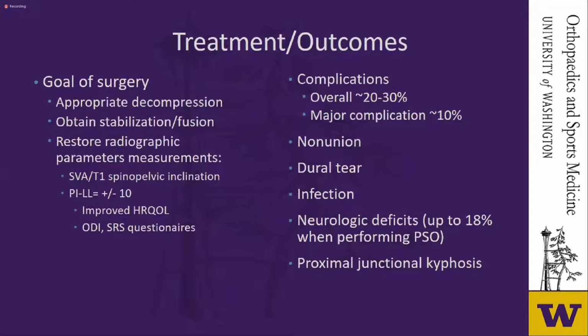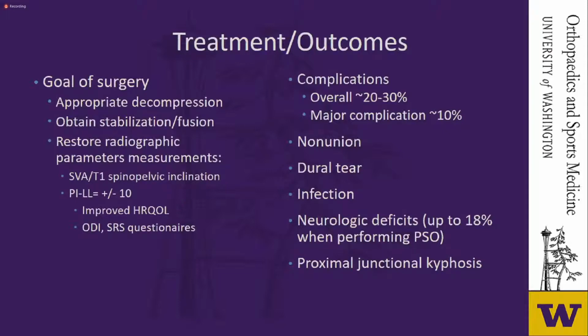So goals of treatment: you want to obtain appropriate decompression for patients with neurologic symptoms, obtain stabilization and solid fusion, as well as restore some of those radiographic parameters that I mentioned previously, such as the SVA, your T1 spinopelvic tilt, and additionally, another parameter being your pelvic incidence and lumbar lordosis mismatch being around 10. And once again, patients that were able to post-operatively have these values were more likely to have positive outcomes on